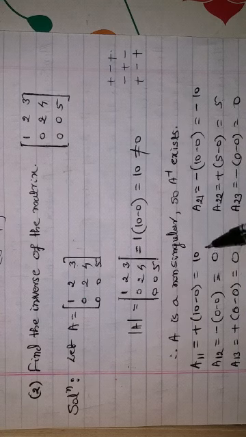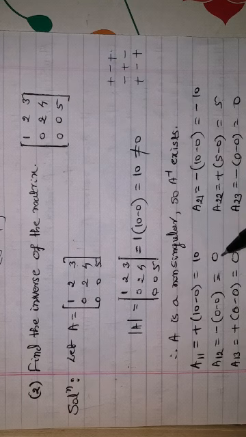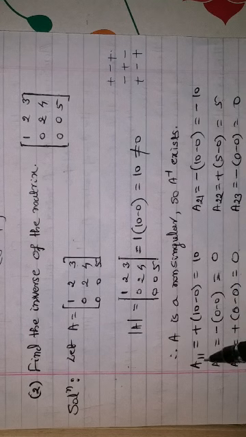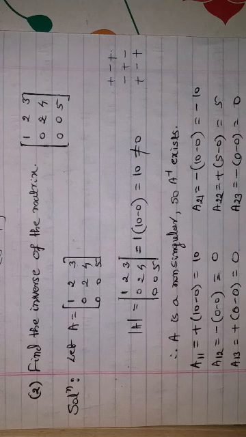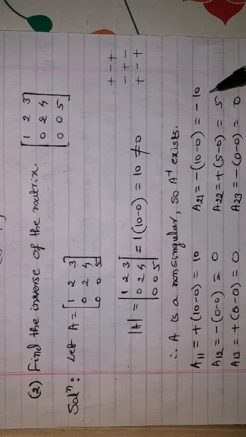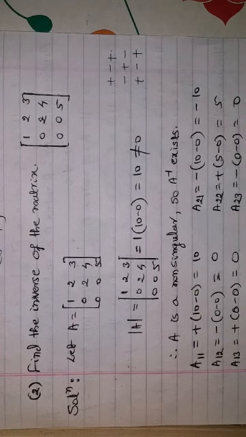Hence, first you write down 10, 0, 0 vertically. How do you find the cofactors? You write in this systematic manner, A11, A12, A13. As it is vertical, you write in the adjoint of the square matrix 10, 0, 0. Then A21, A22, A23 means minus 10, 5, 0. Then the last column is 2, minus 4, 2.